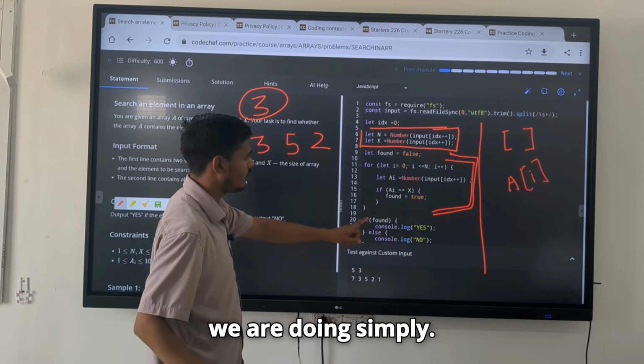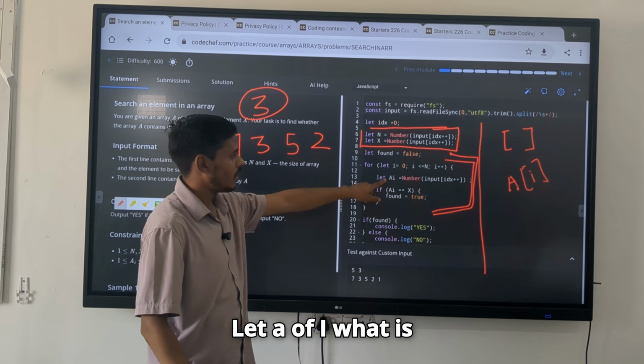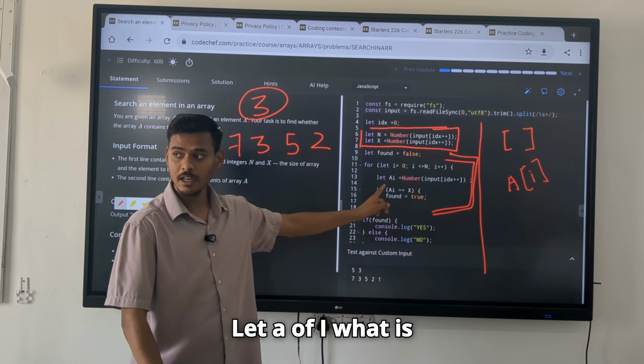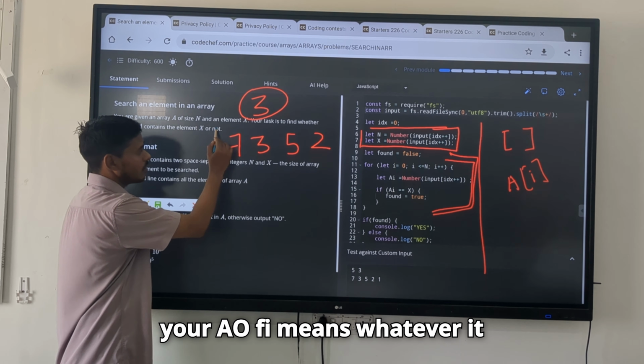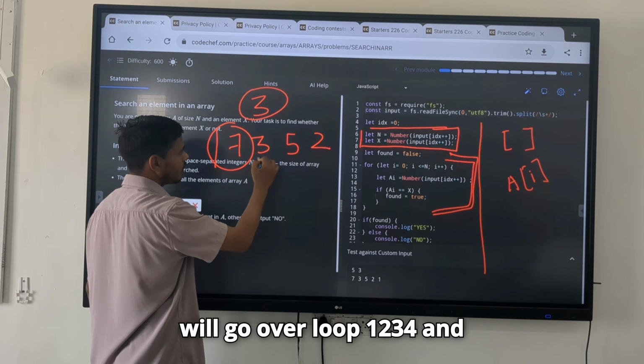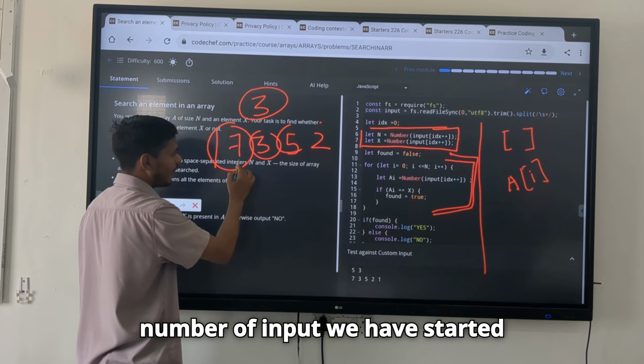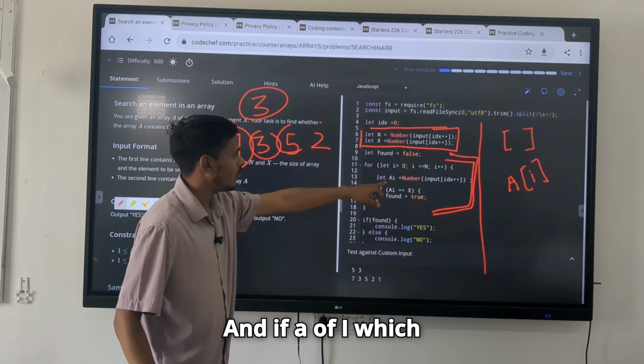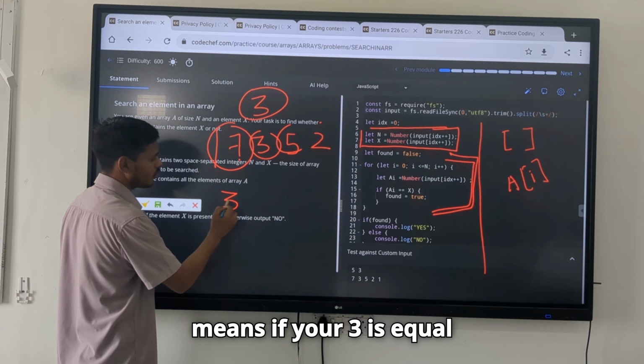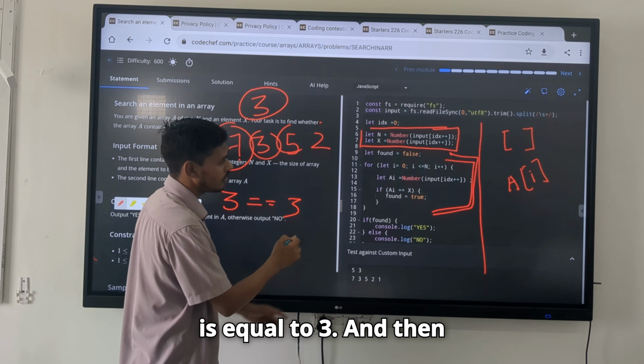What we are doing, simply let a of I, what is your a of I? Whatever it will go over the loop 1, 2, 3, 4, and number of input, we have started from 0 and simply increasing it. And if a of I, which means if your 3 is equal 3, then we have